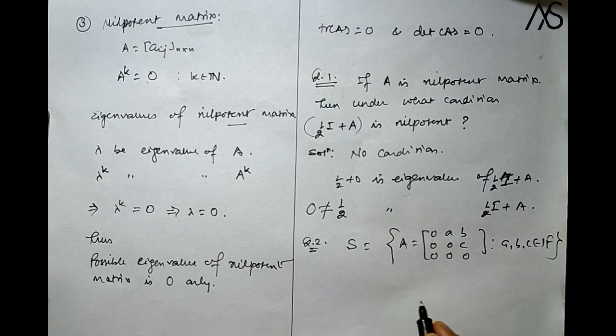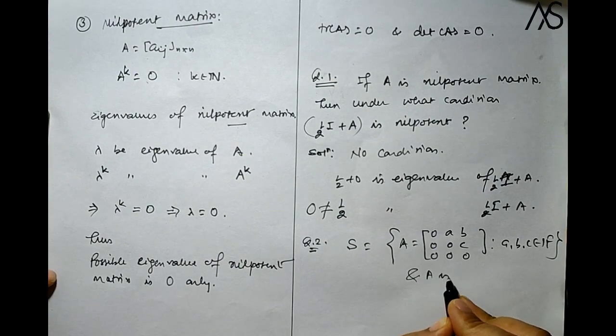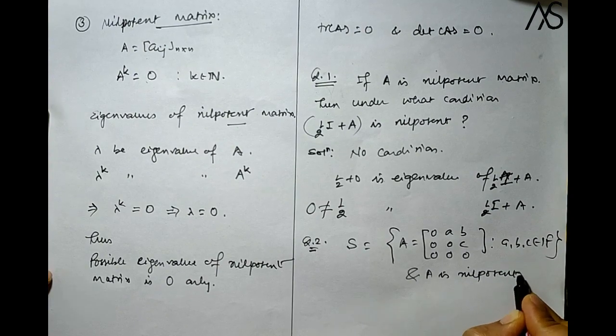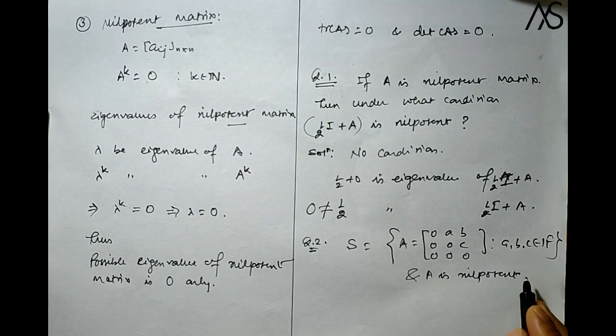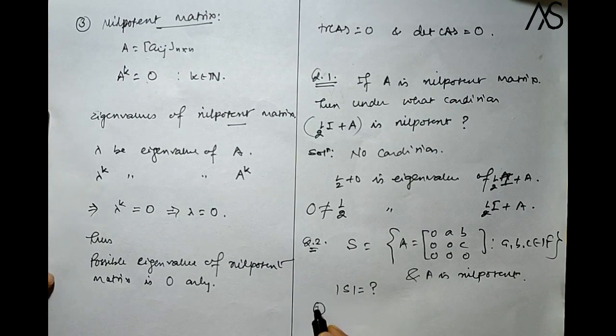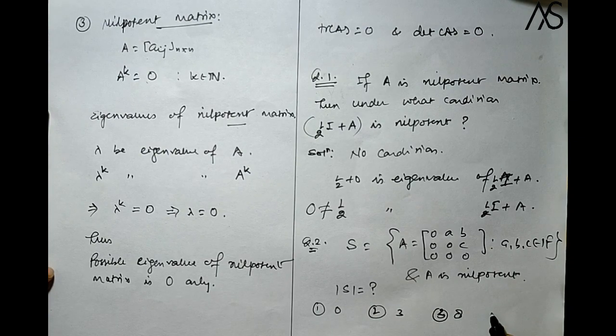Okay, and of course A is a nilpotent matrix. Then what is the cardinality of S? Number 1, 0; number 2, 3; number 3, 8; number 4,